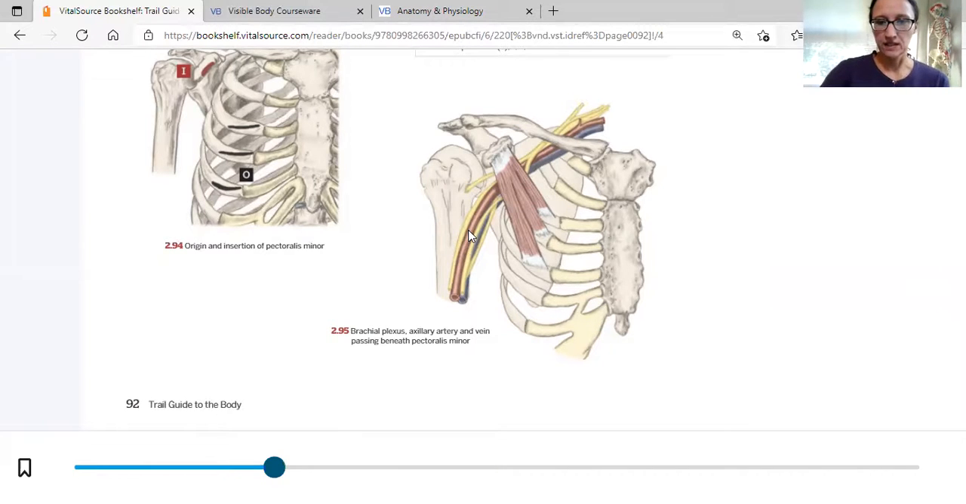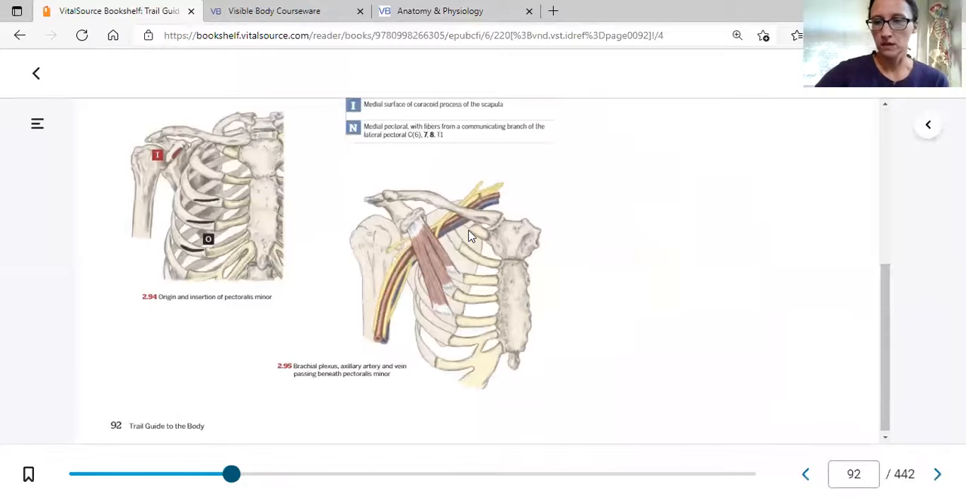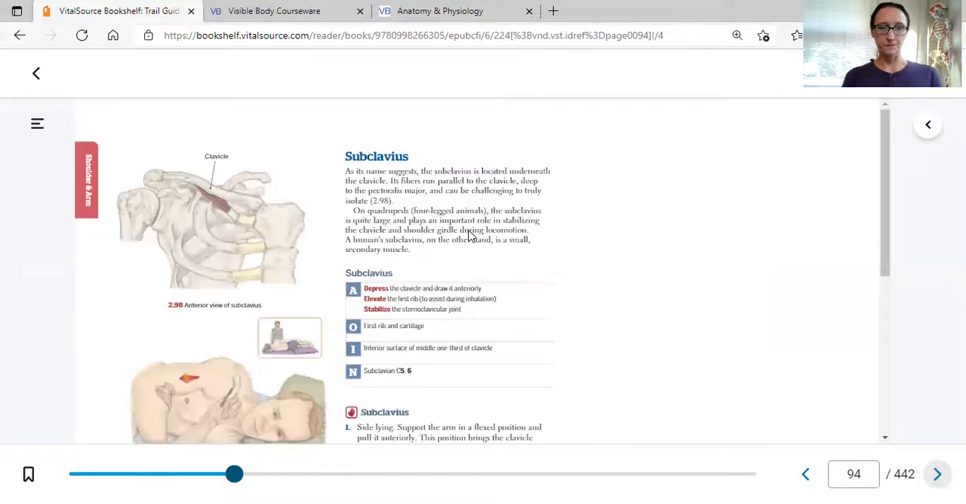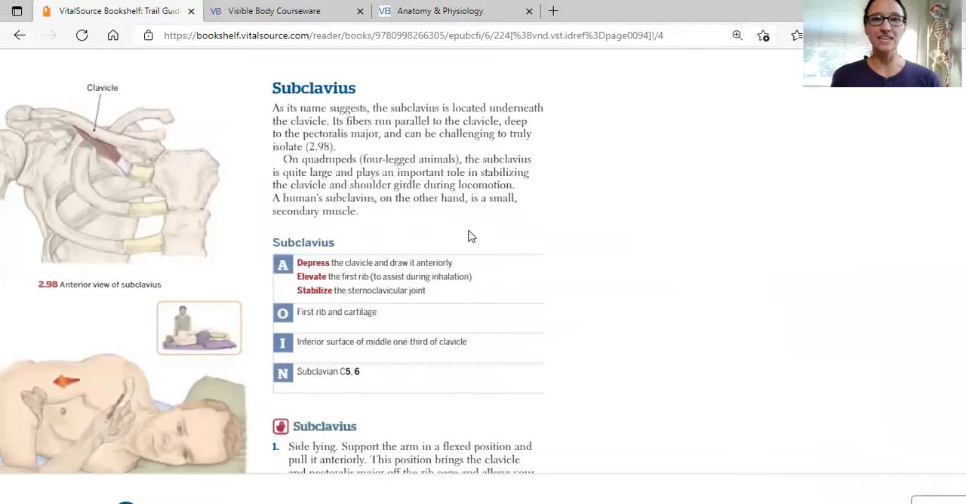So subclavius then is on page 94. I need to go through here. There we are. So subclavius is a little teeny tiny muscle, and its name means below the clavicle, subclavius. Its fibers, though, run pretty parallel to the clavicle,